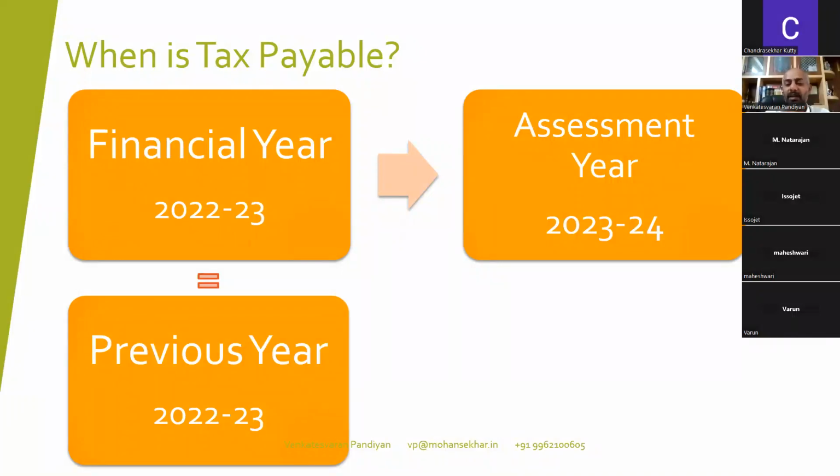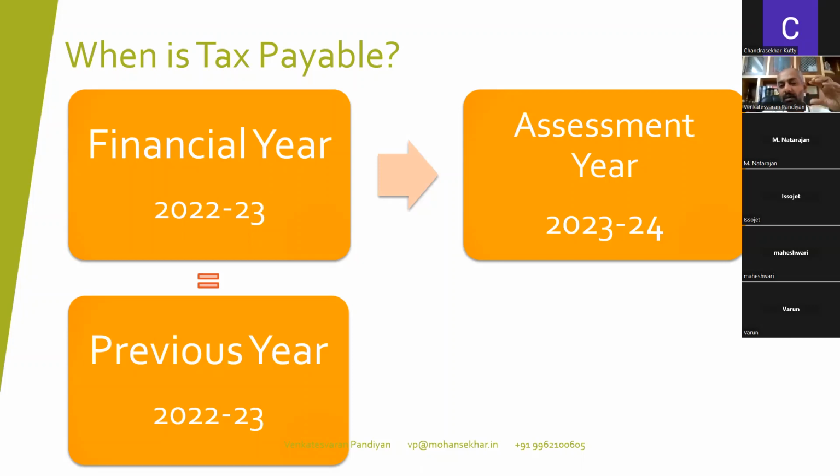What happens many times, we have noticed, is that the taxpayer puts an assessment year in place of the financial year. So in place of financial year 2022-23, they will take 2023-24 and put it. Another mistake is also possible. People commit it when they say previous year; obviously no mistake on their part by the English language, previous year means the year before the current year. So they take 2021-22.